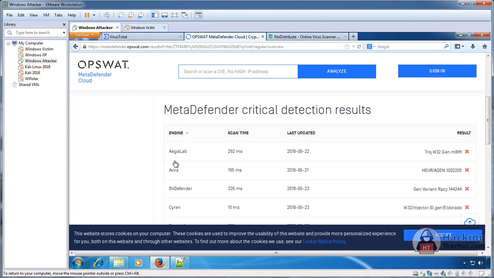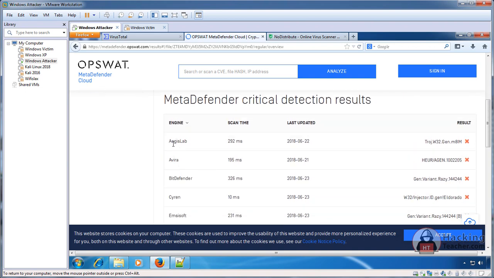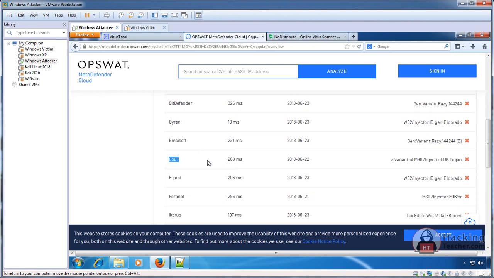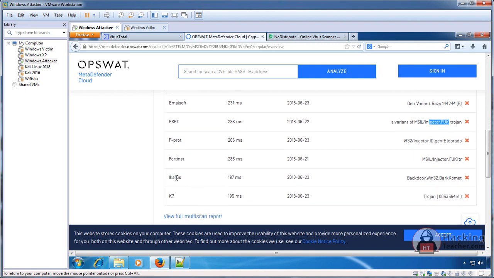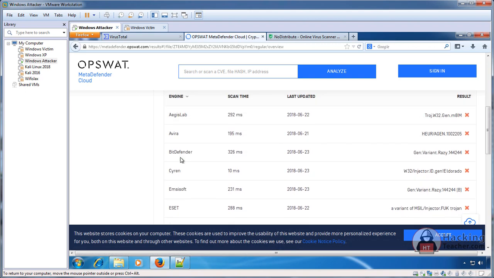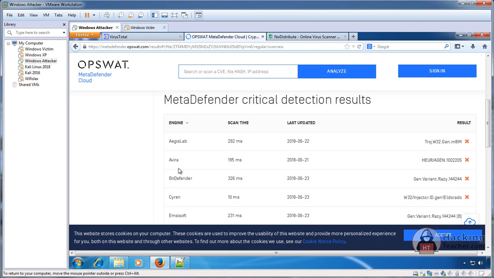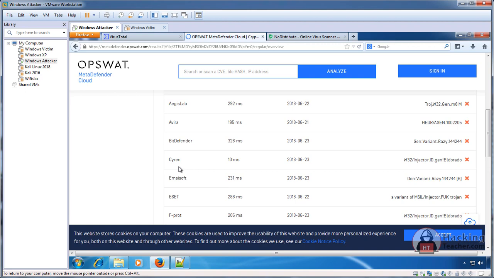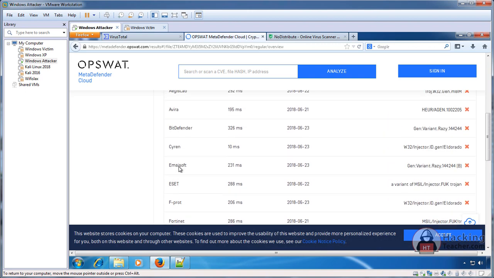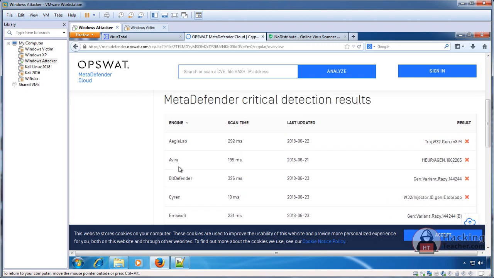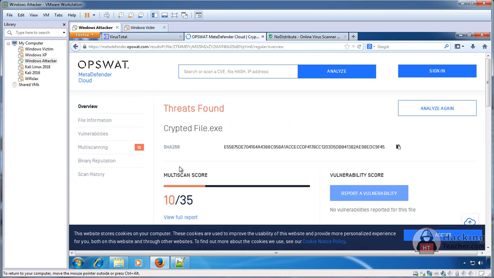maybe even 0. If you see which ones are catching it, Avira is catching it as a Trojan, ESET is catching it, iChorus is catching it, and K7. So these are the 10 antiviruses which are catching it. It's strange that Kaspersky is not catching it, which I trust. According to me, Kaspersky is the best antivirus, and it's not catching here, which is very strange, but not a problem. So I hope you got an idea of how cryptors work, and